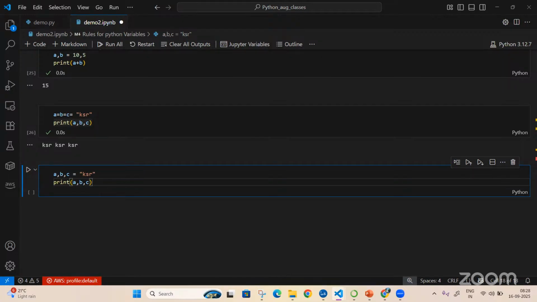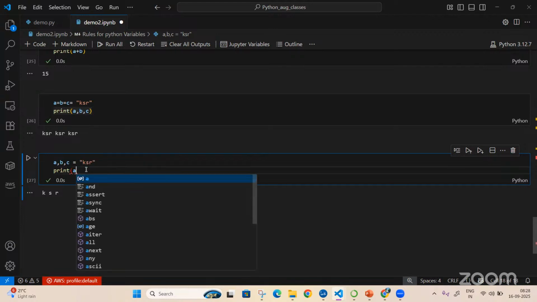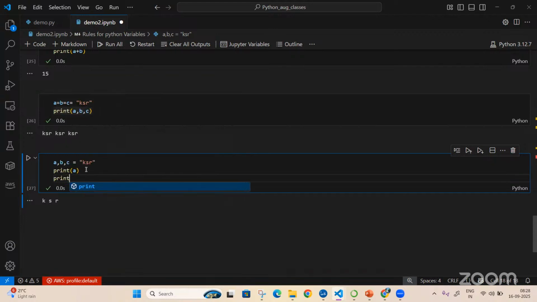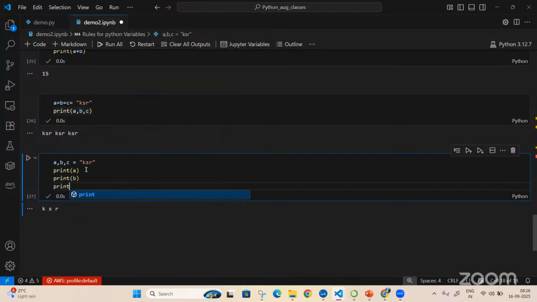Error? Okay, I think error. Fine. Now if I execute this piece of code, what is it giving? For your better understanding, I'll print B, and print in the next line. What is it giving?